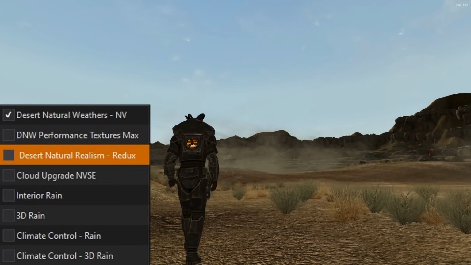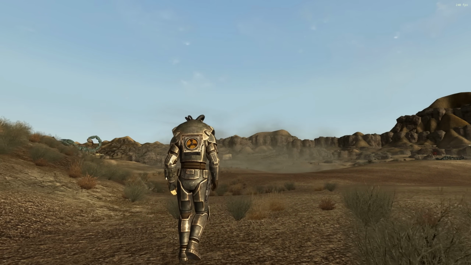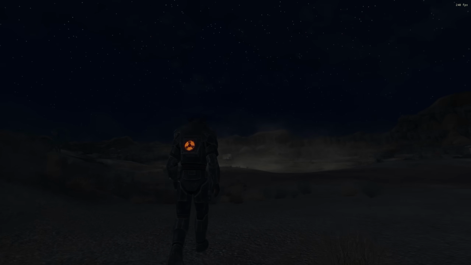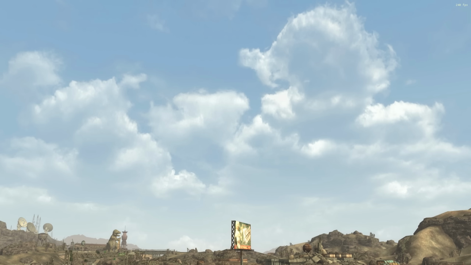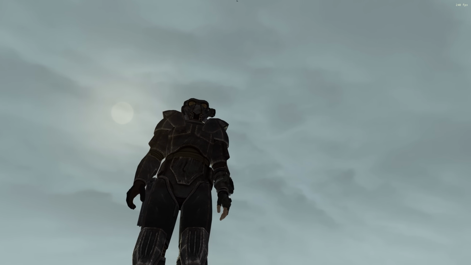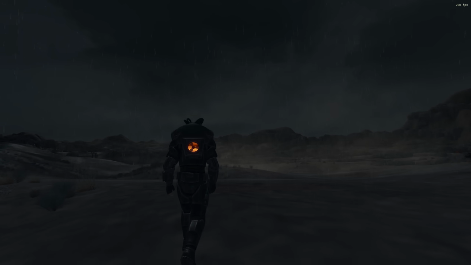To make sure I give the mod a fair showcase, I've disabled all overriding weather mods from Viva New Vegas. This is a comprehensive weather overhaul mod that aims to enhance the game's visual atmosphere by introducing dynamic weather patterns, improved lighting, and high-quality sky textures. It provides crisp, high-definition skies with improved color gradients, cloudy weather with varying degrees of cloud cover, realistic rain effects, including visual rain droplets and appropriate sound effects,